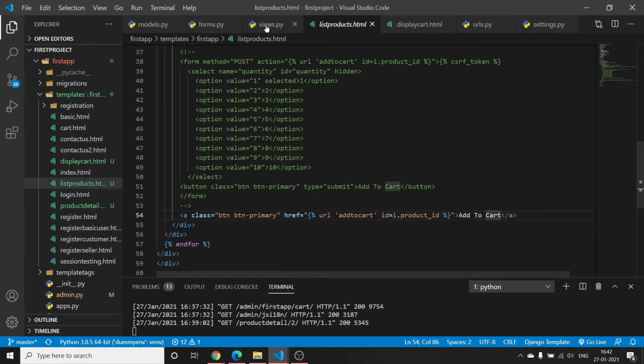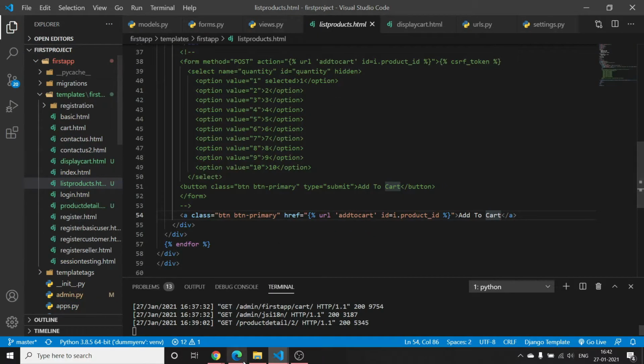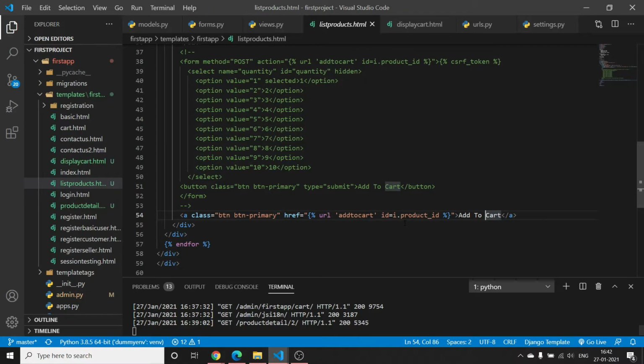In this view add to cart, we have to uniquely identify that particular product so that we can add this particular item to the cart. To uniquely identify it from the database, we have to mention the primary key for that record. Product ID is the primary key, and as you already know, a primary key is always unique for each product.